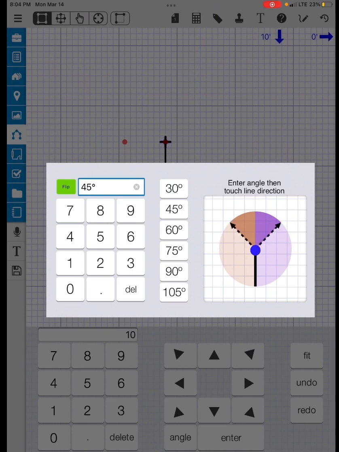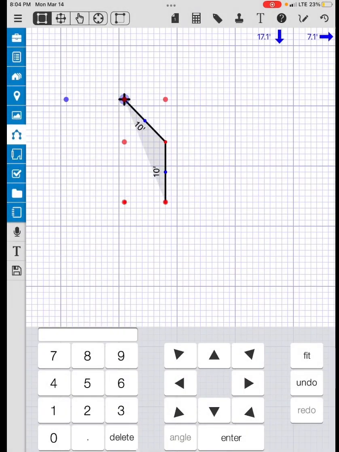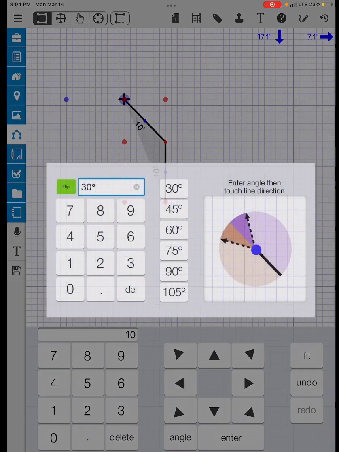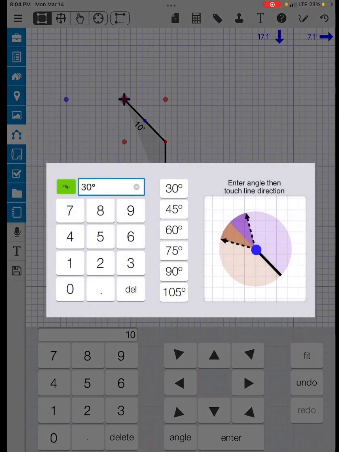So you know what it's going to look like. Let's say we do a 45-degree angle, and then we touch the line direction. If I touch the one on the left, it's going to draw it to the left. It's going to draw it 10 feet because I put in 10 before. So I'll just show that one more time. So 10, angle, and then